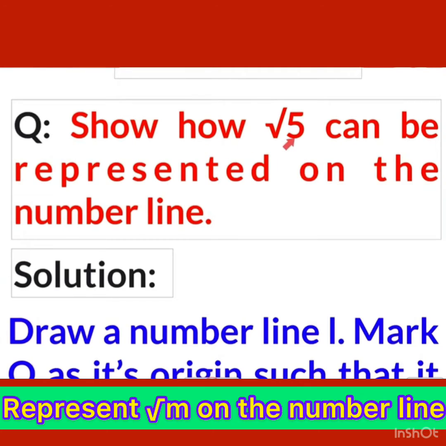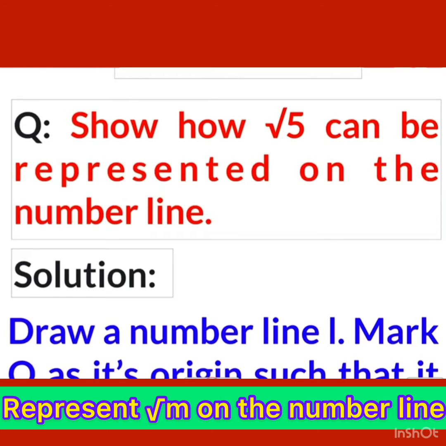1.2 and here is the question for you, that is, show how under root 5 can be represented on the number line। अंडर रूट 5 को नंबर लाइन पे कैसे रिप्रेजेंट करेंगे।